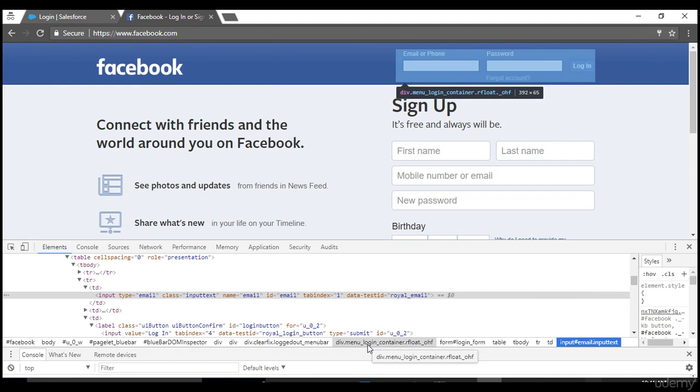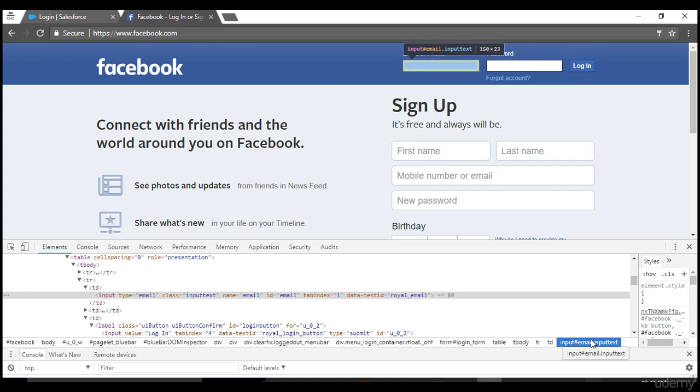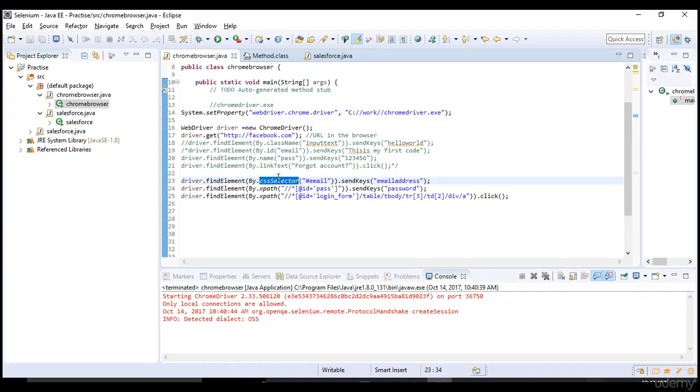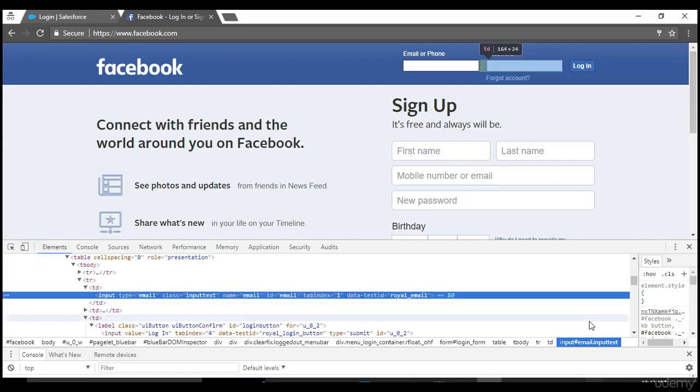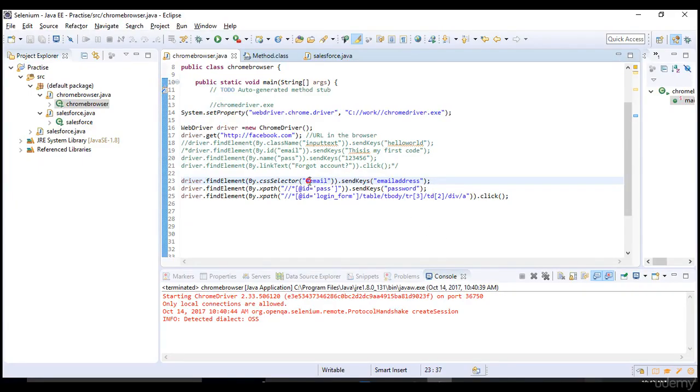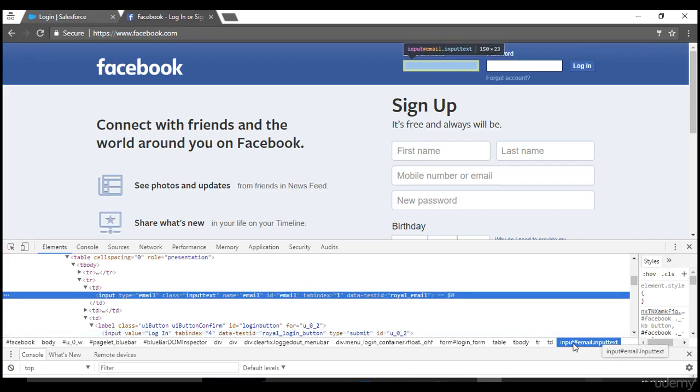So this is not the right CSS. And again, this other one is again highlighting both, which is not the right CSS. And you see, when you move your mouse onto this one, only the input is highlighting, right? So this is the right CSS for your input edit box. You can simply copy this and paste it in By.cssSelector and pass this. You see that there might be a difference. In Firefox this is like this, in Chrome this is like this.